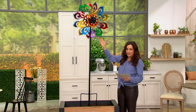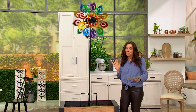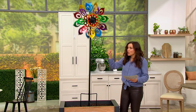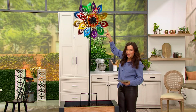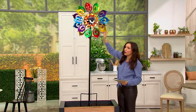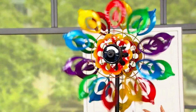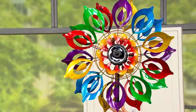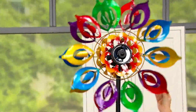Spectacular, because this is something that I've presented a lot of wind spinners, I've never presented one like this. First of all, it's 24 inches in diameter, but it's actually 75 inches tall. So we're talking about over a 6-foot wind spinner that I just gave a little push. I'm gonna stop it so I can show you, but just the slightest breeze during the day will get it